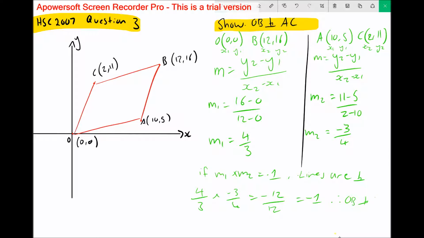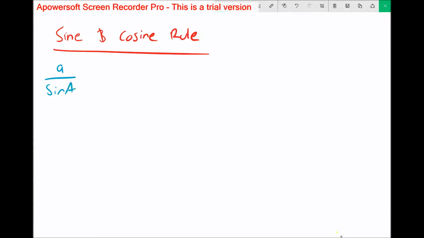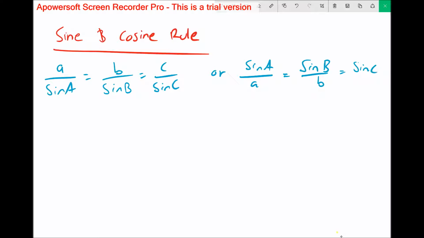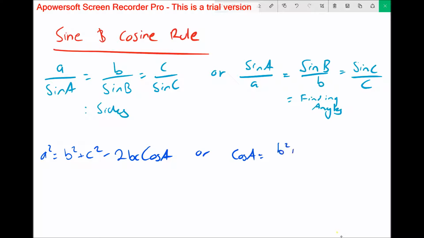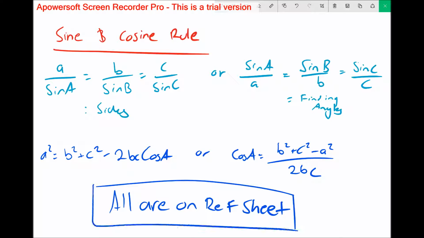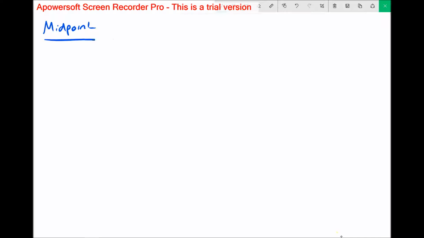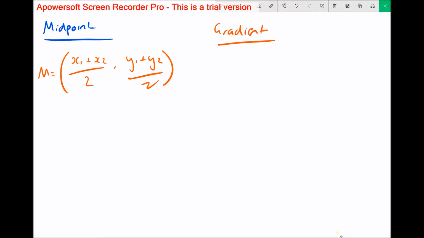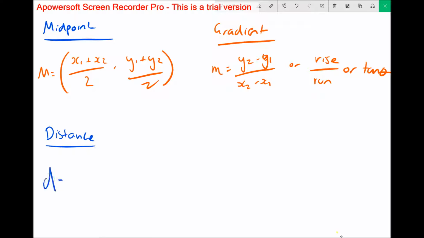What have we learned today? Today we've learned about the sine and cosine rule, which can be used to find either the side or angle depending on the given information in the question. When referring back to the triangles in the proofs, we can derive which sides are for which values. We also learned about the midpoint, gradient, and distance formula, which are used to calculate the middle, the slope, or the distance of a given line with 2 specific points and the corresponding x and y values, which can be substituted into the